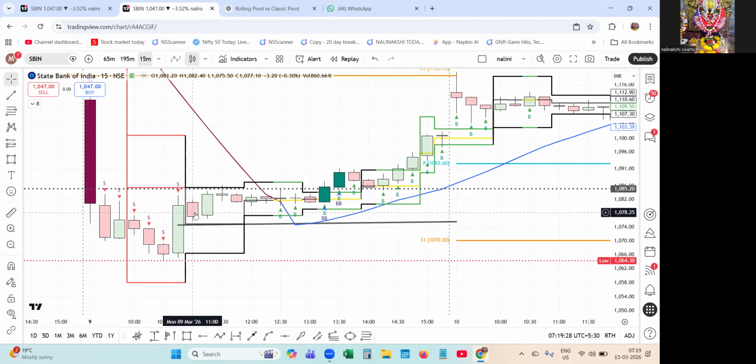Only after 11 a.m. did it build a balance above this. Then you can go long, keeping S1 as the stop loss. And later it consolidated, and not only this, I've added Gann HiLo, this magenta color and blue color. See how the trend flips to positivity, and the market consolidated